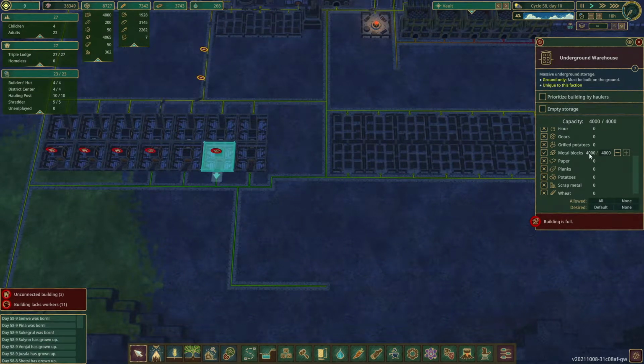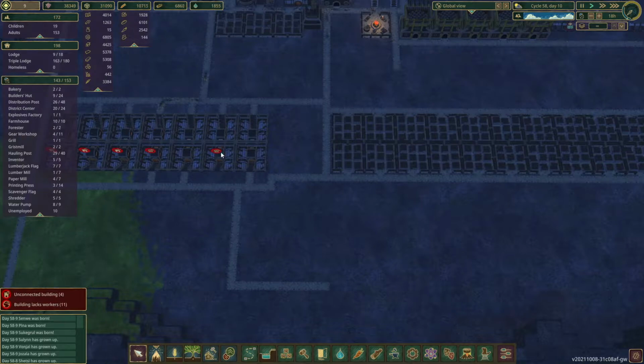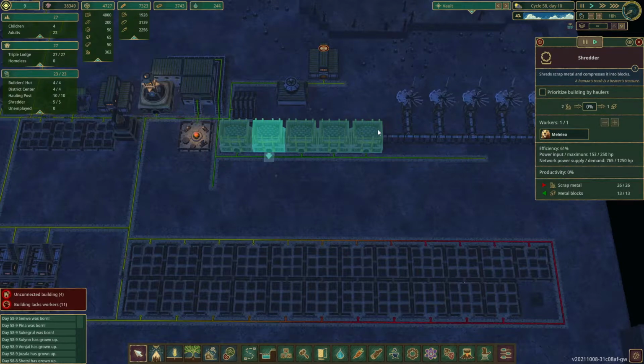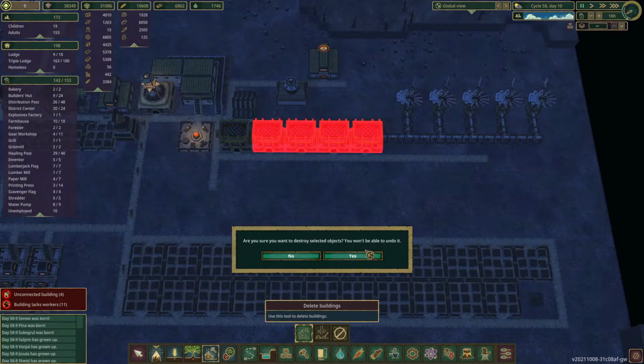have our metal blocks complete. Fantastic. So we can delete that path, and that secures those metal blocks there, and we can reduce these down because we don't need them anymore, but we'll keep one just in case. So I'm going to get rid of these three. In fact, let's do this now. Delete buildings, get rid of those four even,